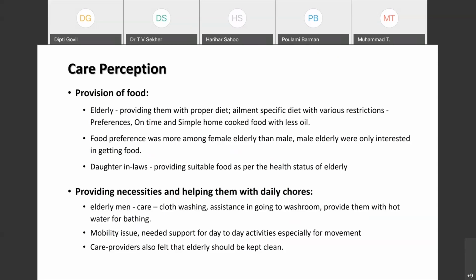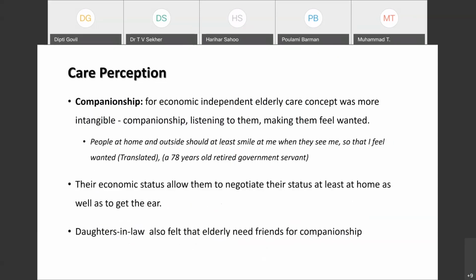Very interestingly, the result which we have got from the elderly men, when they emphasized the necessities and helping them with the daily chores, actually reflects the fact that the men in India are primarily dependent on women for their every basic need. Apart from that,